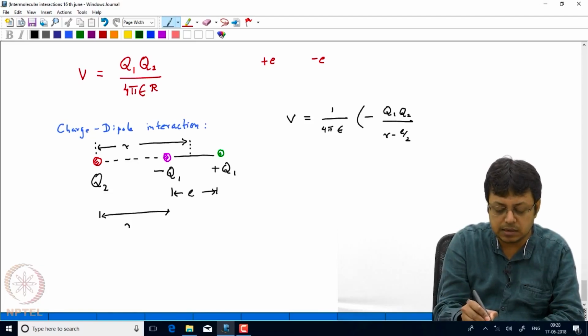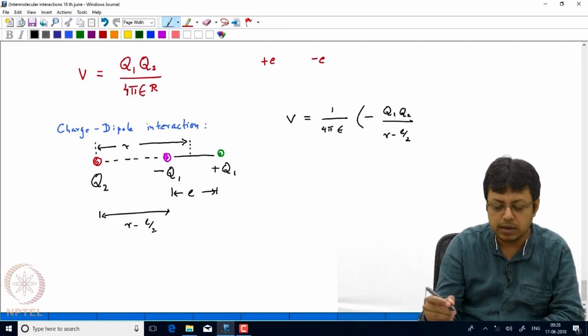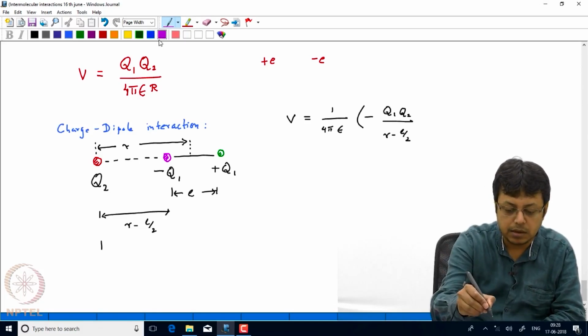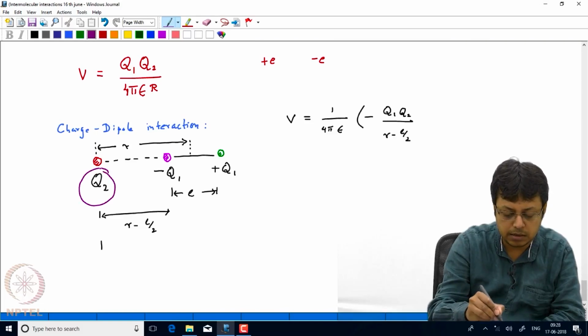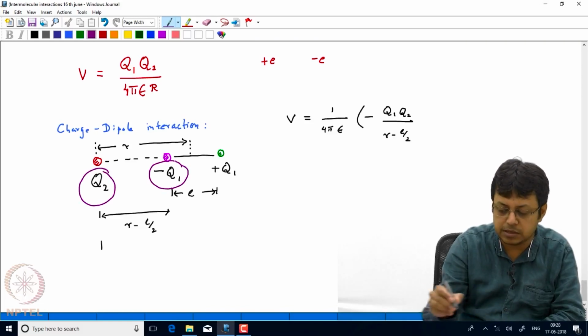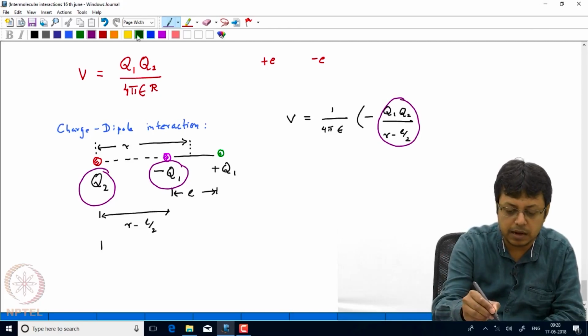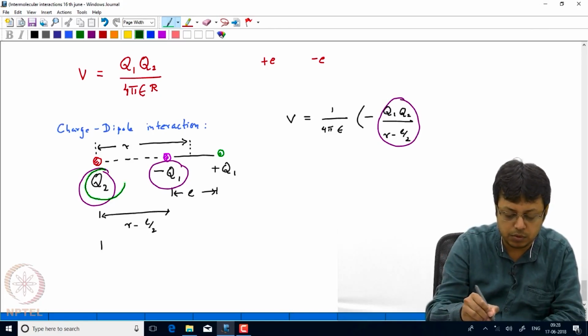So that distance is basically r minus L by 2. It is very obvious from the geometry, and similarly there will be an interaction between this and Q2. We can actually mark it. So this is the term, first term is basically this term, and then there will be another interaction with Q2